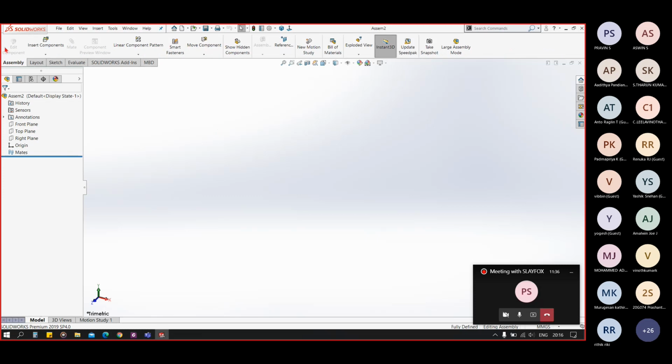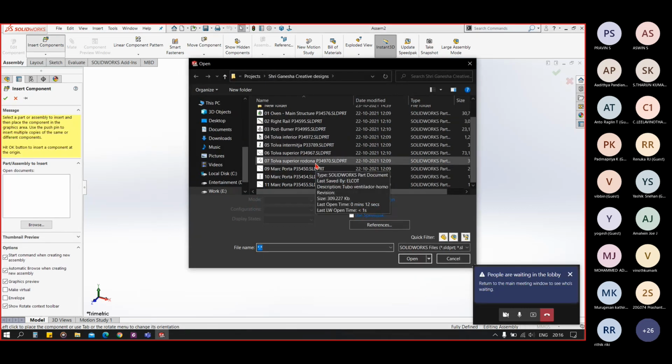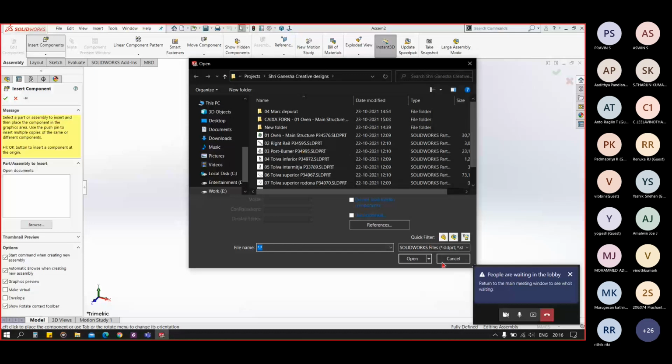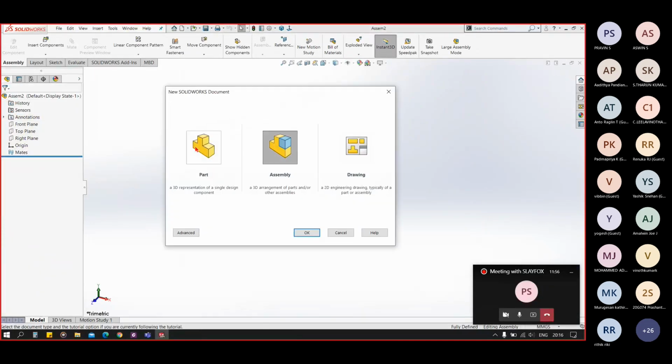Now to insert our very first part, you click on this and the pop-up will open. Now let us create some basic part to insert in the assembly.